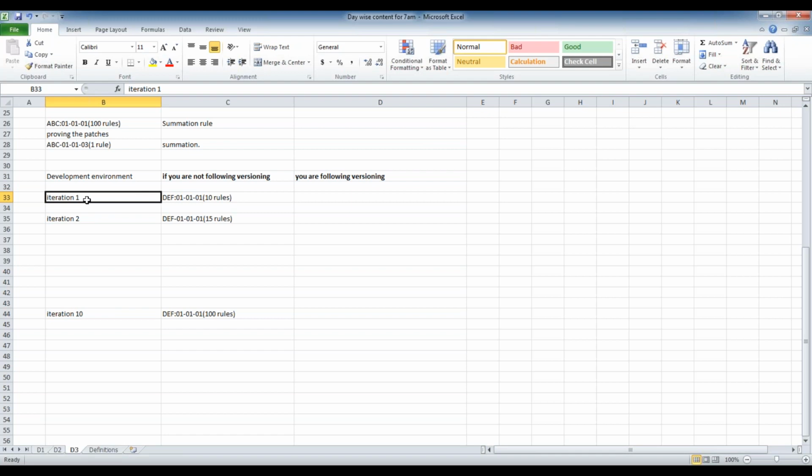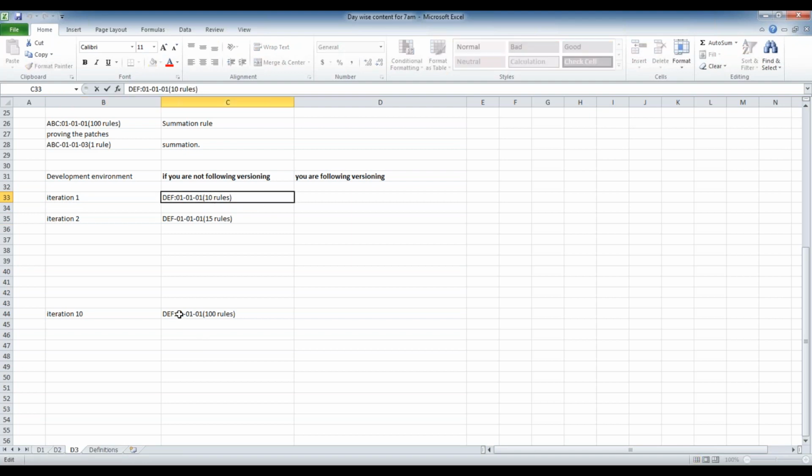I need the older code only. In that case, what can you do? You already fixed that, because you are not following versioning. So you lost the previous code. You will have the latest code only. But I need the older code, because the fix is not required and the issue is not valid. Here there is no way of doing that, but there are certain ways, though you need to spend some time to go to an older version.